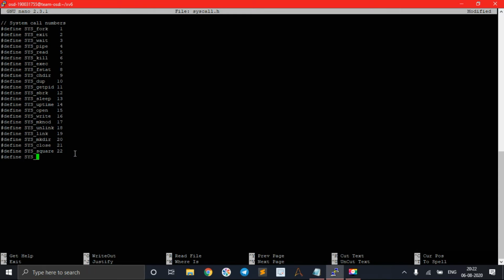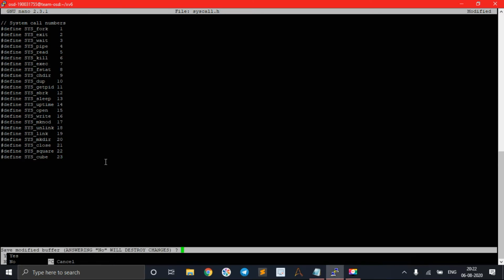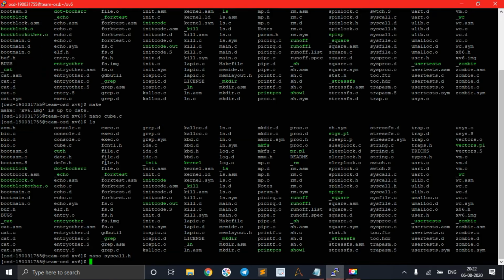Already I have done square before, so now I am doing cube. Here I am mentioning the number of it, so I can give it as 23. I can give 23 as my system call. After writing this, you can just type Ctrl X to exit, Y and then enter. So we have written it back. So the work of the syscall.h file is completed.